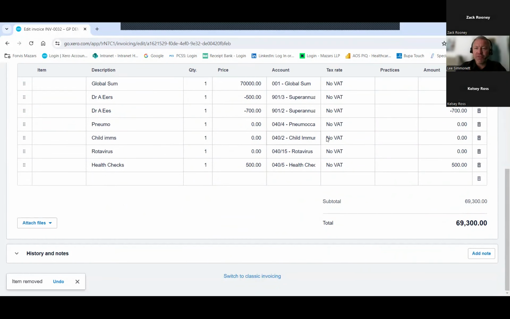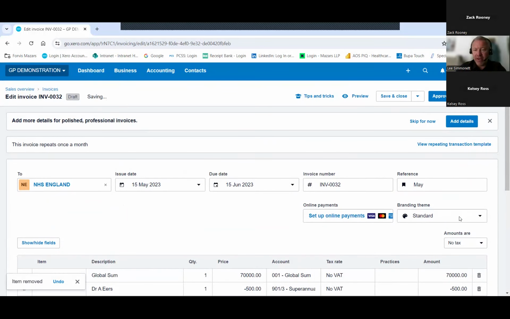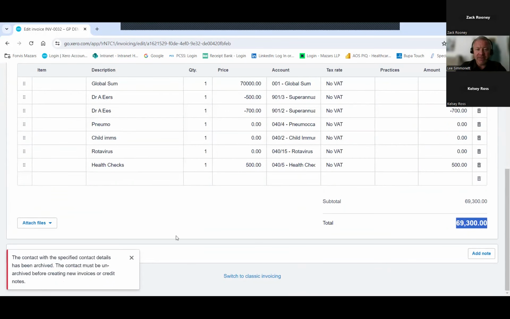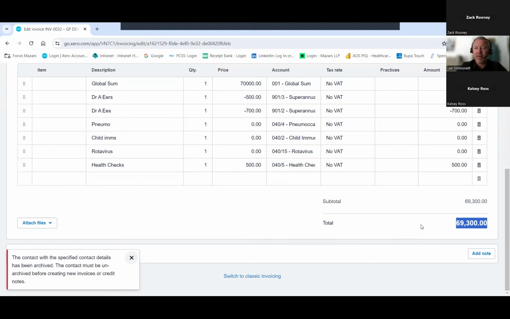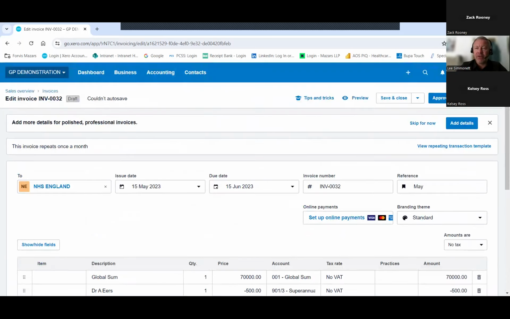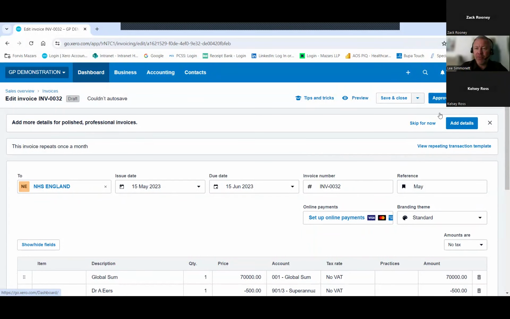Okay. Once you've edited it, and you're happy that this total here matches the total that you've received on your statement for that month, they have to coincide and they have to match. Okay. Once you've done that, click on the little drop down at the top right, and don't approve and email because you're not emailing it to anybody. Just click approve. Once you've approved that, you can then add that actual PCSE statement. So if I click approve,